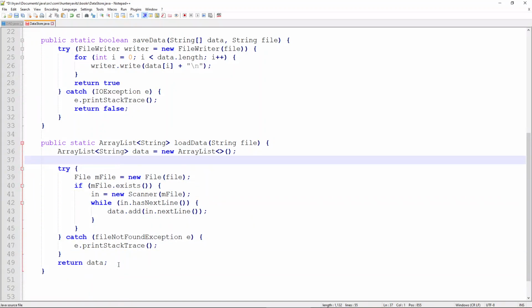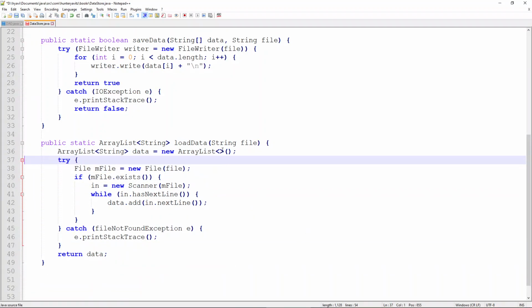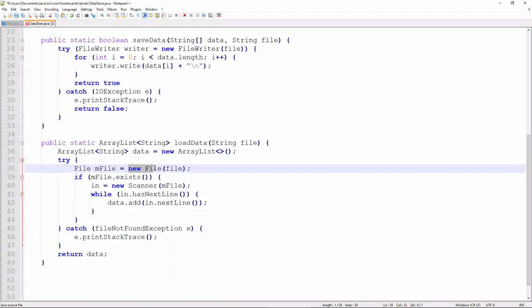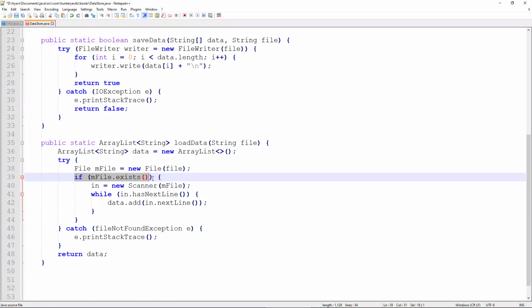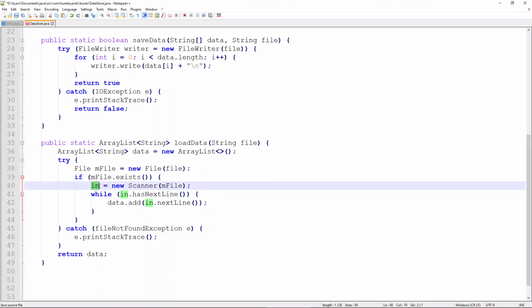Let me take a quick look at this to make sure this looks right. So we do have the array list of strings instantiated called data. We're going to try to create a file object called mfile. We're going to set it equal to a new creation of a file object and pass through the file name as the argument. If this exists, so if that file is actually there to be found and loaded, then we'll set in equal to a new instance of the scanner, and we're going to pass through mfile because that's what